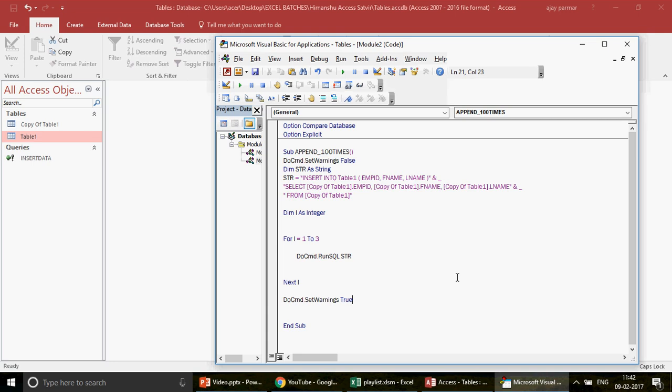So while talking to that person, or maybe your mind can be distracted. There are so many things that happen in the office, right? You are already loaded with a lot of work. You are under pressure. So many things can happen. So that's why this DoCmd.SetWarnings should be true at the end of the day before this macro,